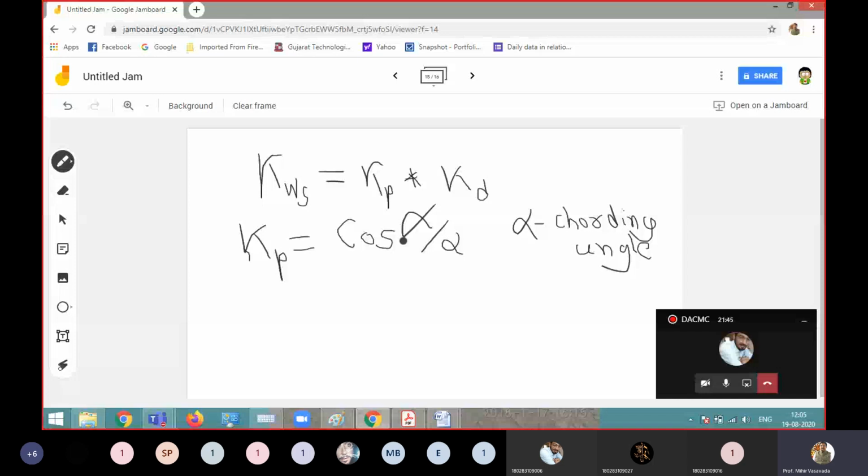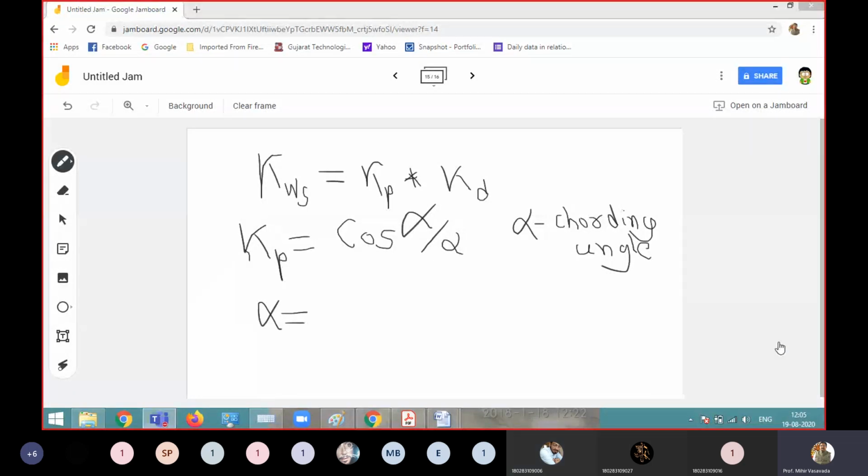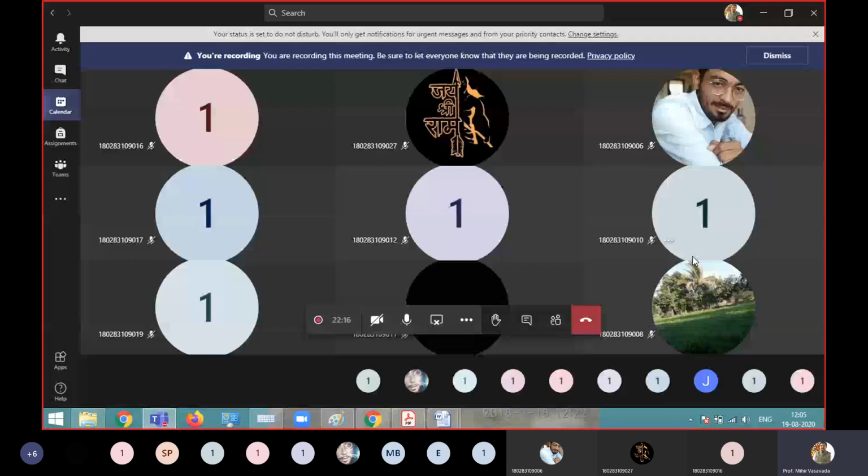Right? So how to find out the angle of chording? That is alpha. Any idea? Can anybody suggest the method to find out? Because this you've done in machines also while calculating the numericals for alternator. Number of slots, yes, that is correct. You have to find out what it is for a full pitch coil and what it is for a short pitch coil. That you are supposed to find out. Right.